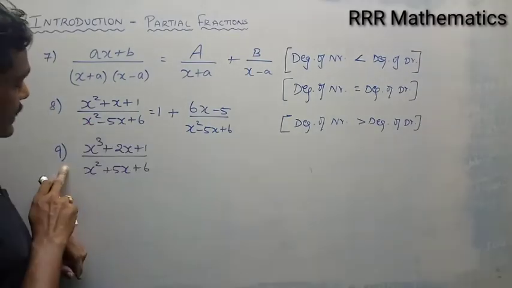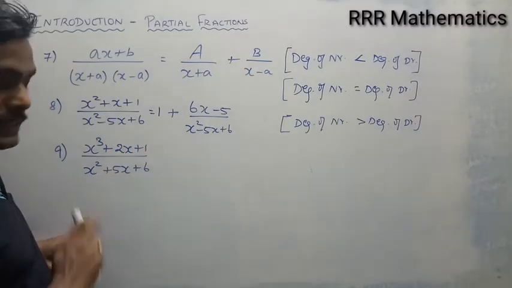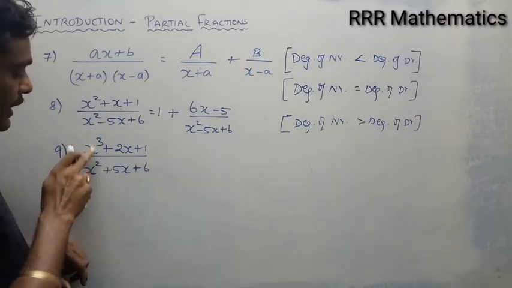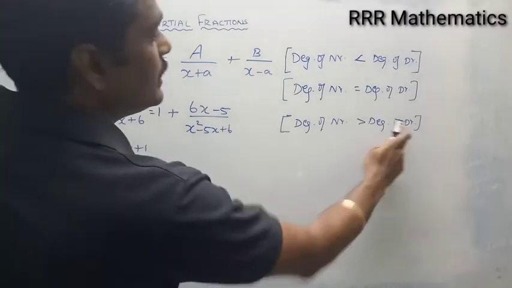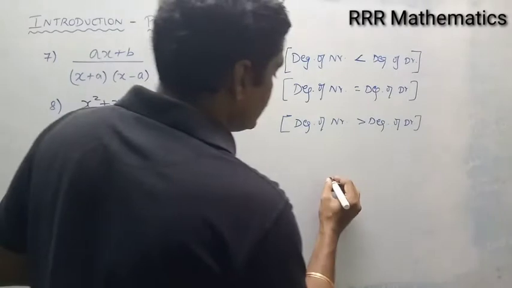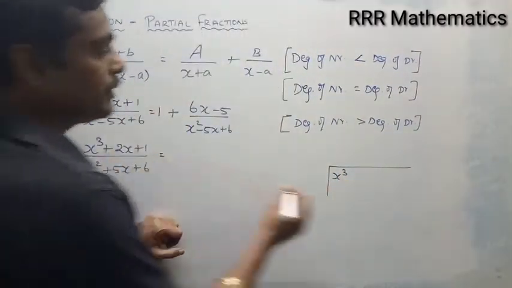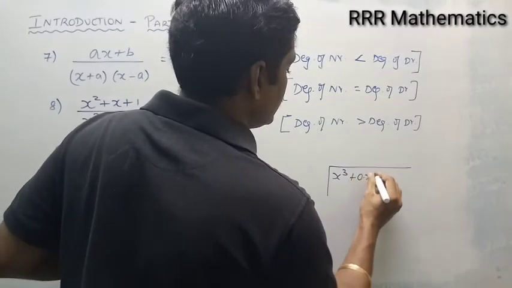See, in this case we have x cube plus 2x plus 1 divided by x square plus 5x plus 6. Here the degree of the numerator is greater than the degree of the denominator. Here I want to use the long division method. Write the numerator, which is x cube. There is no x square term, so for standard form I will write 0x square